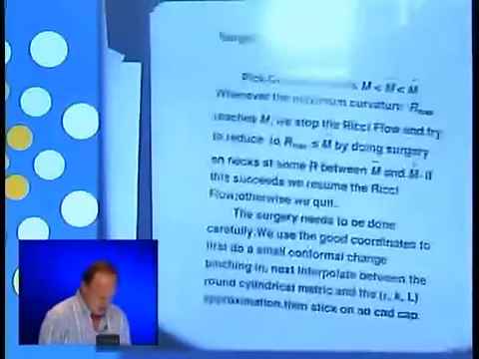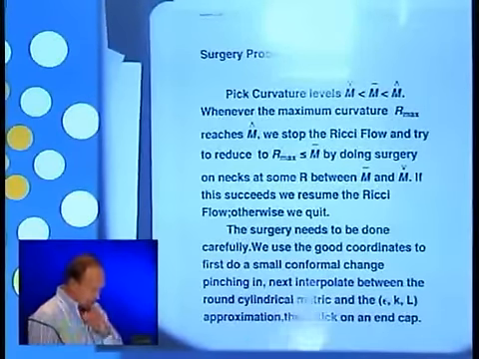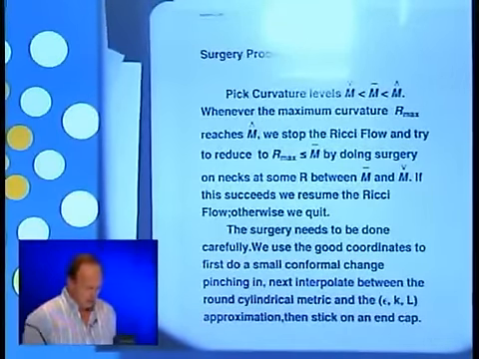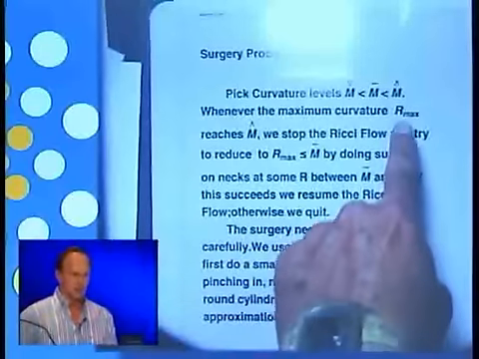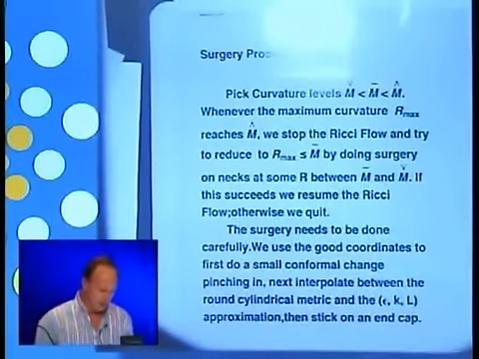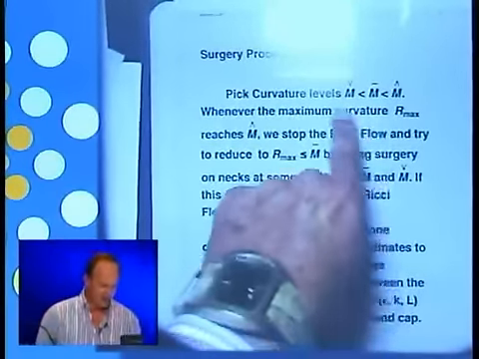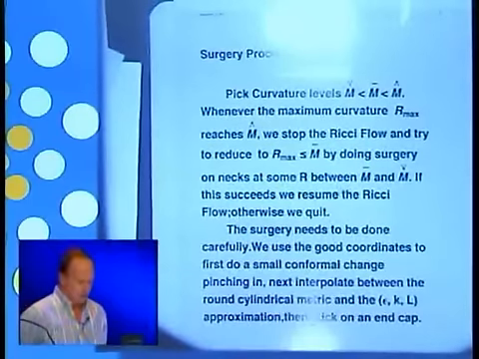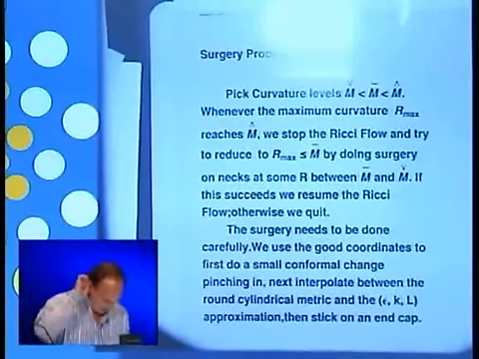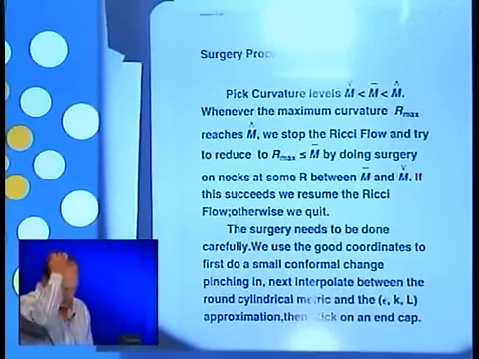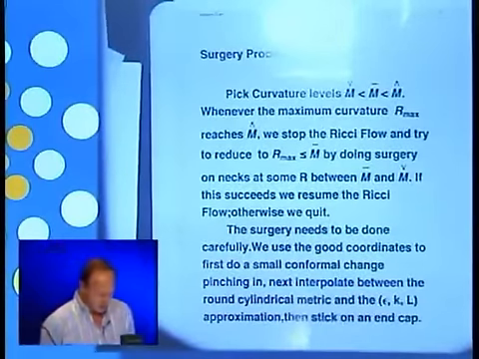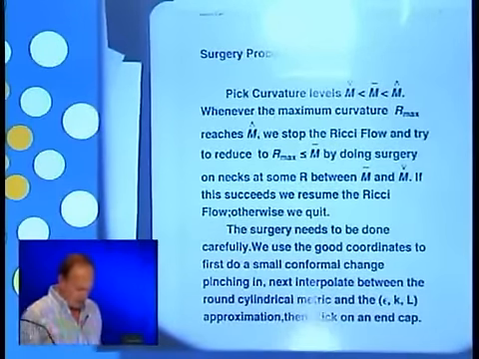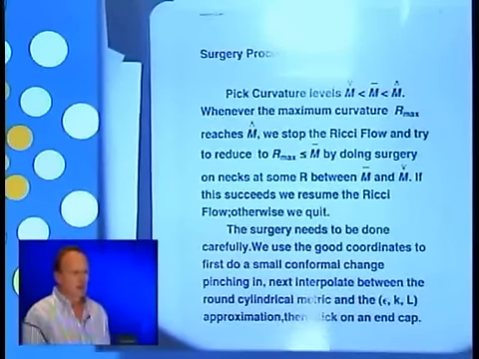And the surgery procedure that you can use is you set 3 different levels for the surgery. There's the M hat, which is when you reach M hat, you have to do a surgery. M bar is the level you want to cut it down to. And M dip is the level below which you won't have to cut. And then what you show is that by picking these large and in appropriate proportions, you actually get only a finite number of surgeries. Now, in his paper,